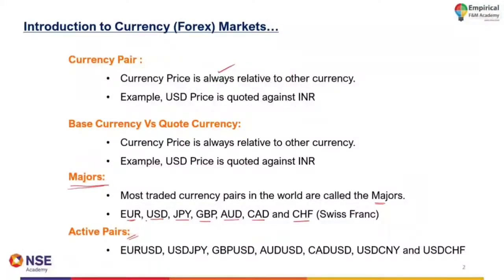In India, for example, we sell INR and buy USD for making an import payment. That's on the application side. Similarly, if I am an exporter, I'm going to receive dollars, and obviously I'll sell dollars to buy INR. That's what we normally do. Similarly, globally, there are major active pairs like Euro USD and USD JPY.